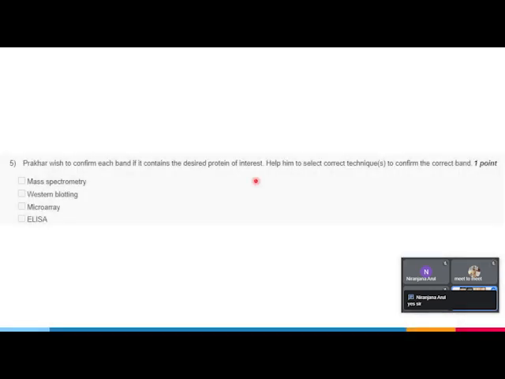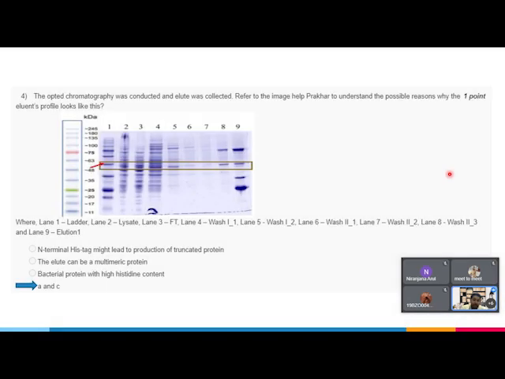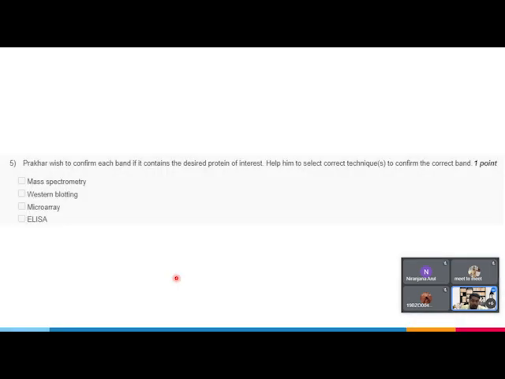So the next question. Prakhar wishes to confirm each band if it contains the desired protein of interest. Help him to select the correct techniques to confirm the correct band. So what has happened is that Prakhar went and saw that he now has four bands. So how exactly does he know what his correct protein is? It can be a bacterial protein that came out. So what techniques can he use in order to identify that it is the protein of interest, the protein he wanted to purify? The options are mass spectrometry, Western blotting,